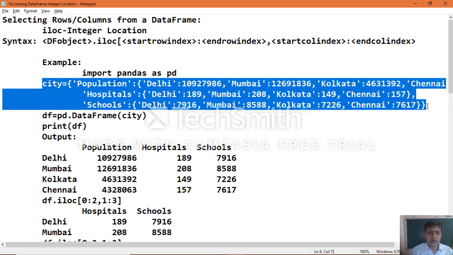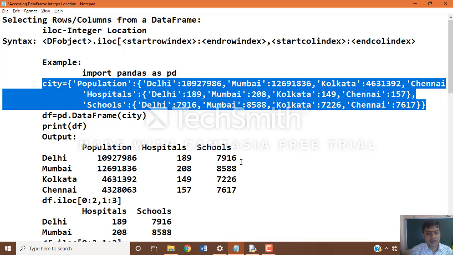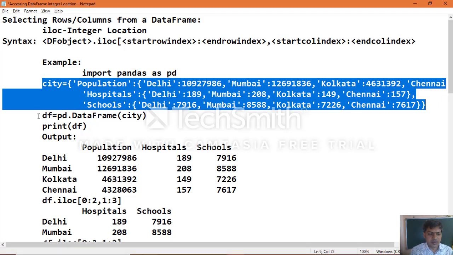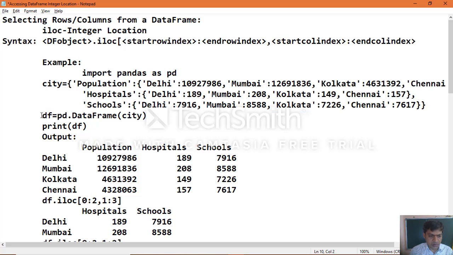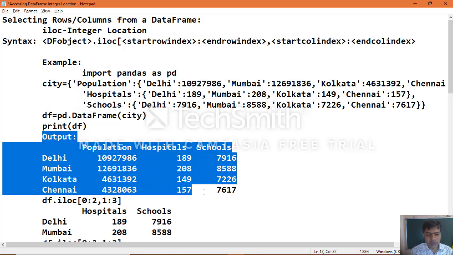Different cities with their population, hospitals details and schools details. Now if you print the content of the data frame object after you create it, then you will get the output.